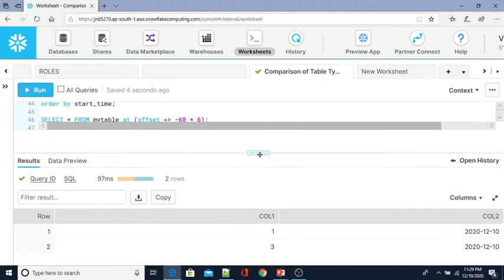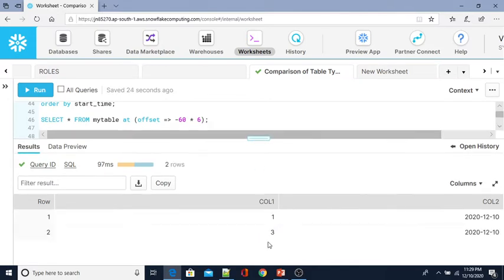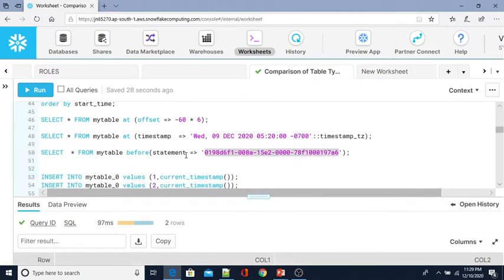That means I have captured the query id, which is nothing but an update query id. So before the update, what was the actual value? The 3 is there. So like that you can get the historical data by using the time travel feature, which is the most powerful in Snowflake.